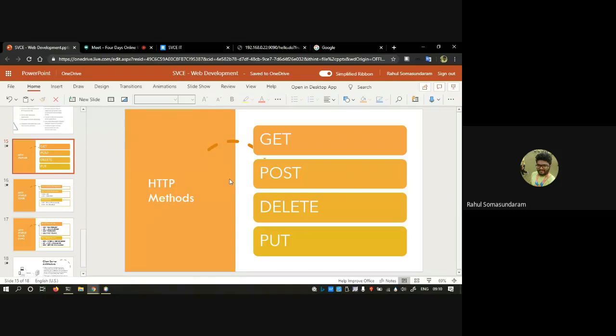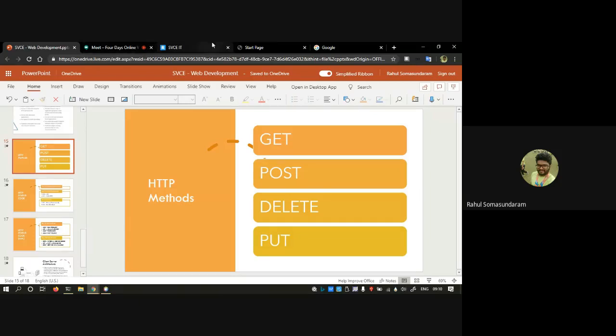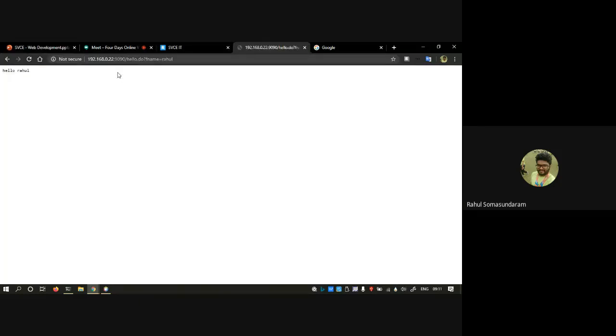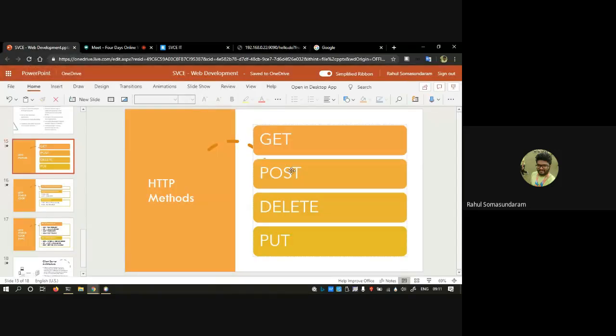You are pushing the content to the server. I mean, you are sending your name. In this example, you are just sending your name to the server, and the server is processing and giving you the response like hello Rahul, hello plus name. So this we can call a post request. If you are sending the content to the server, you have to use a post request. These are the standards that are defined, so that if we follow them, it makes the application look better. So next, what is delete request?